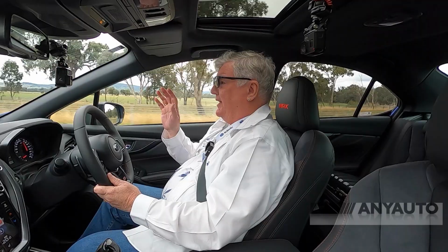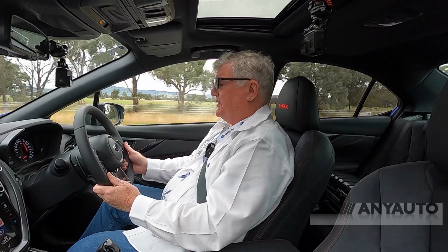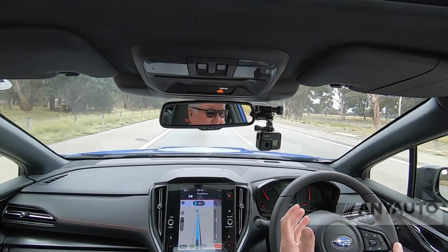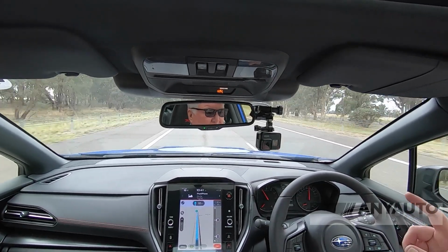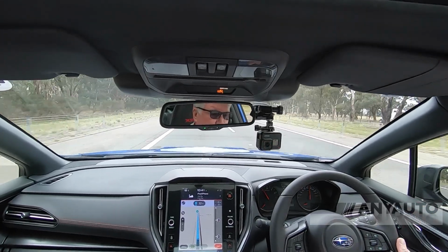And now on this highway, well, what passes for a relatively smooth highway in Australia, the car is doing its own thing. It's watching out from in front. I can see that the steering wheel symbol is set, so it's keeping me centered in the lane. It's watching out up front for cars that are in front of me. It'll slow down if the car in front slows down. This has got a full suite of